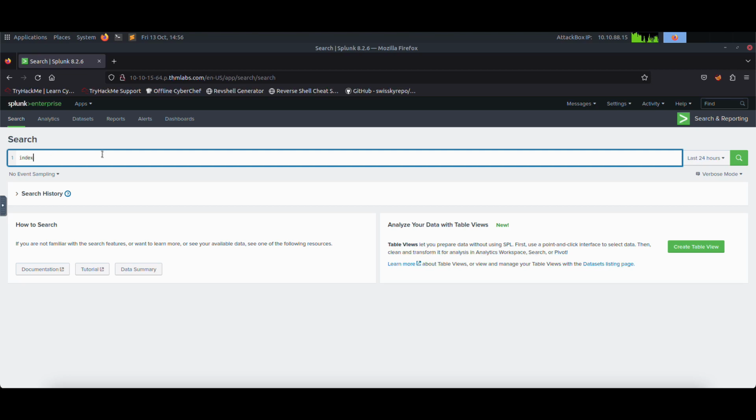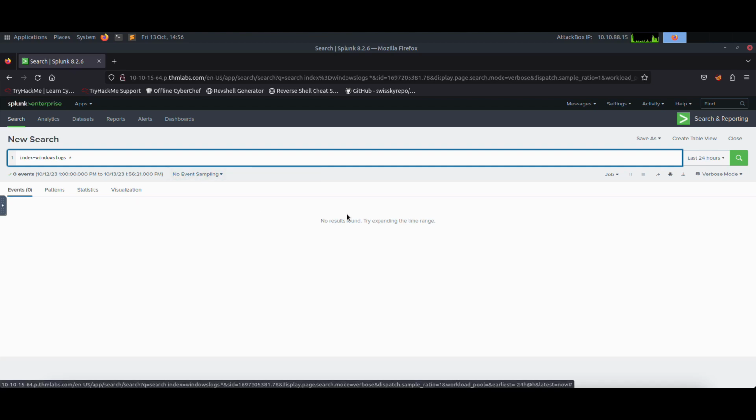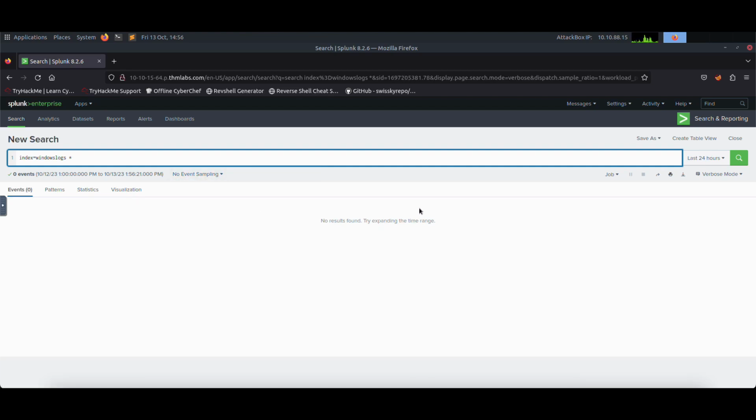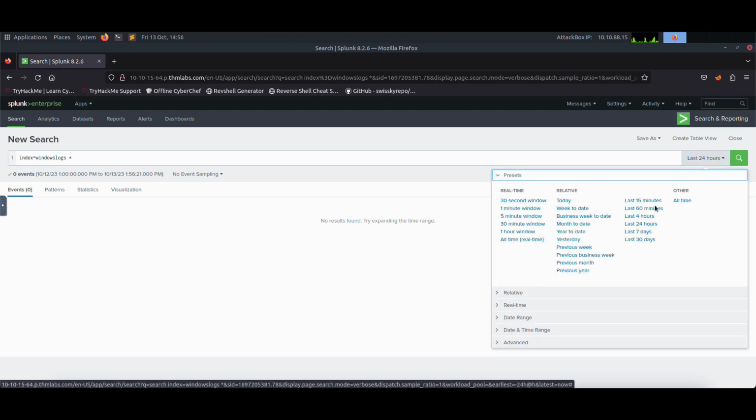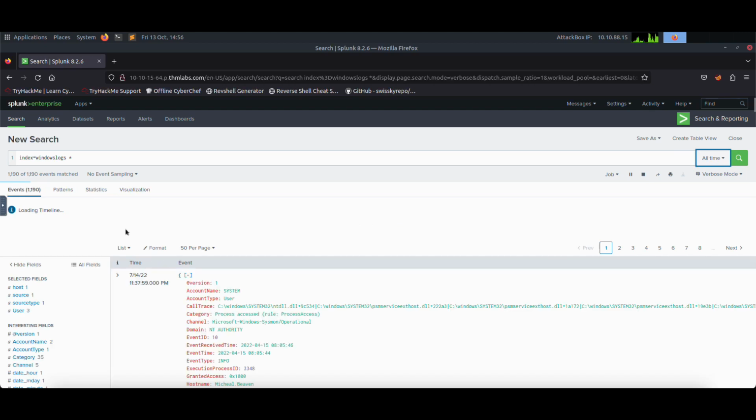Our index for these tasks is Windows logs. So we have to search for Windows logs data. But as you can see, we have no data. To see all the log files, we have to come here and click All time. And now we have some values,